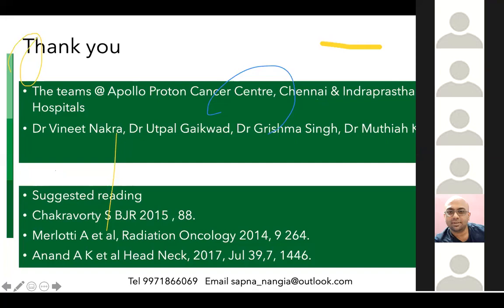I would say more that if you know that a certain area, like you wish to treat the level 2, 3 nodes, this is something that you would possibly discuss with the surgeon, which is the node, which was the area. In which case, we would treat just that entire level. But yes, surgical clips would be helpful. It would be a discussion with the surgeons to find out exactly what they found in the area, and the clips would be helpful, and possibly we would end up treating the entire level, basically.